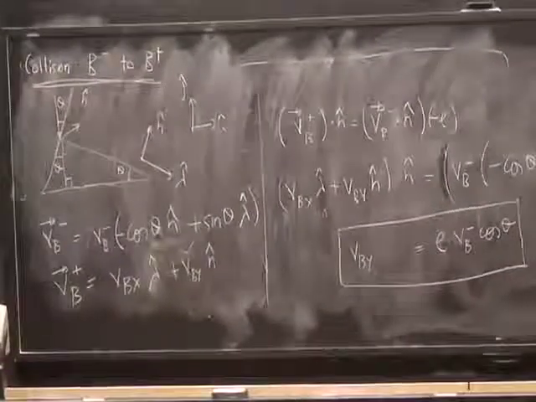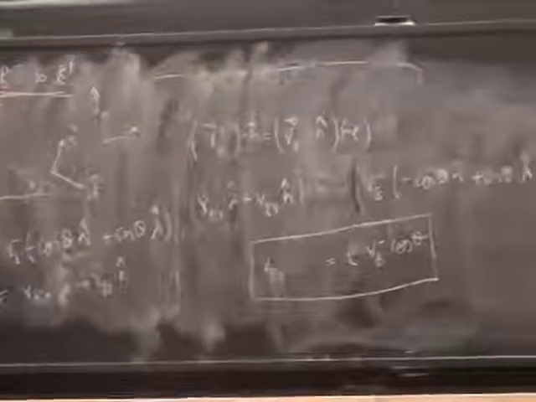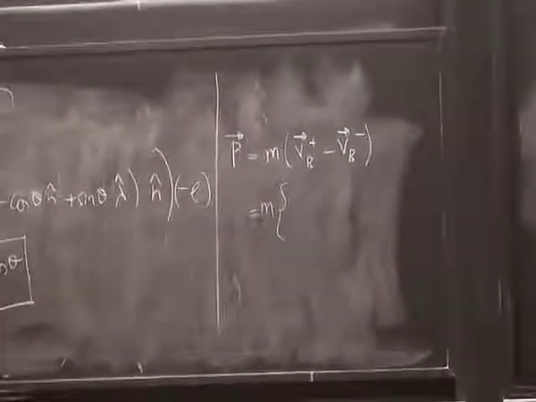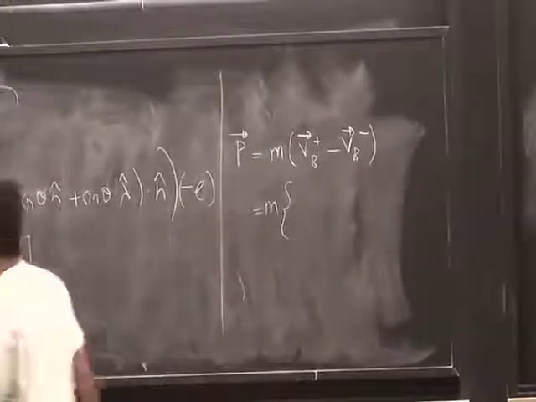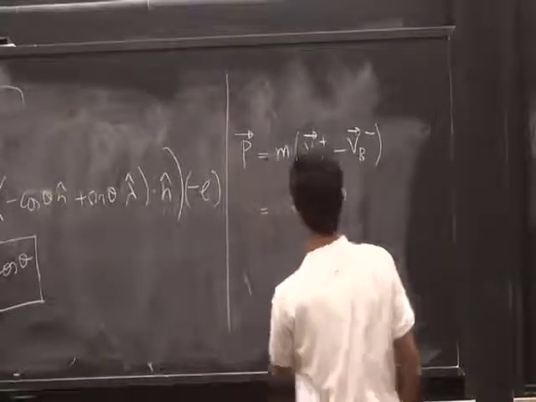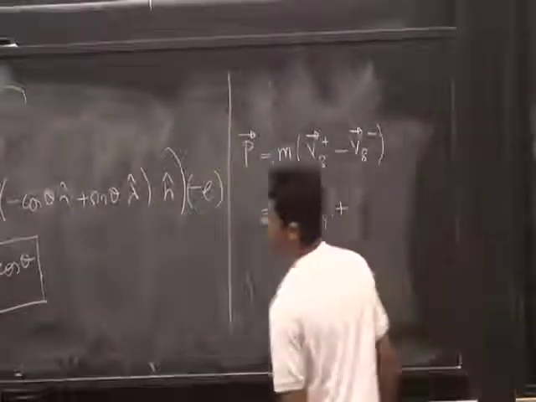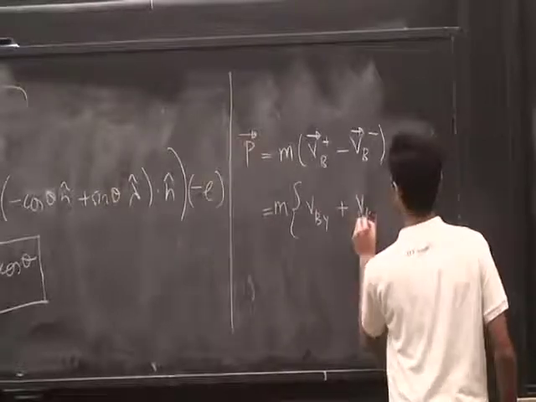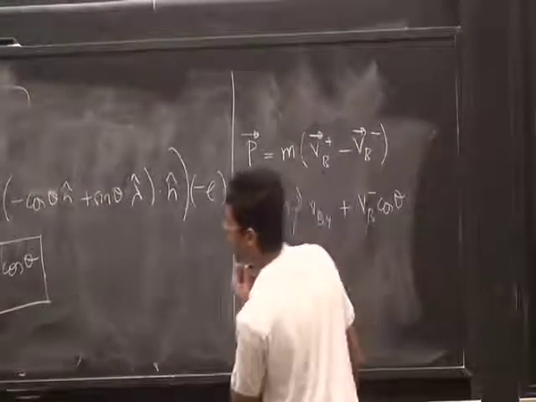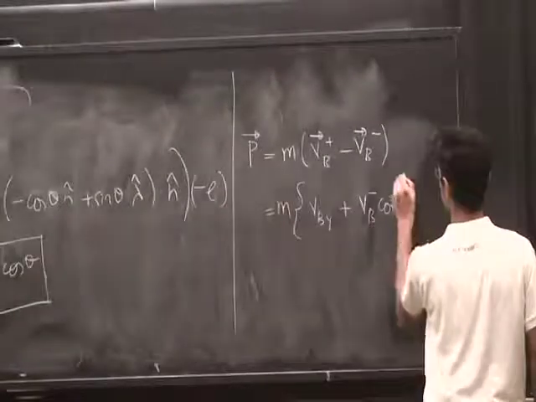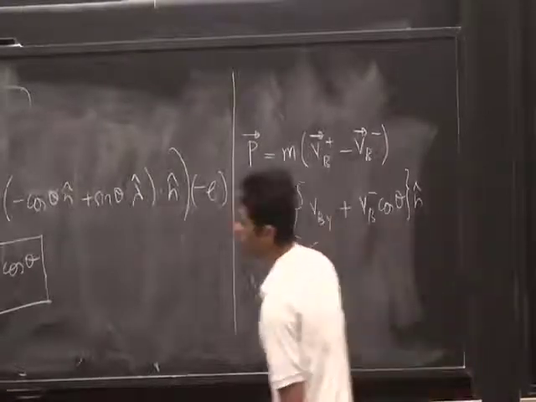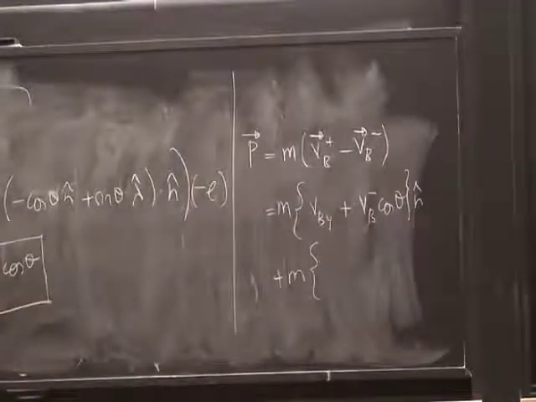So this is going to be vb plus minus this, and if I take these together, what I get is vb by plus vp minus cos theta times n plus m that minus this